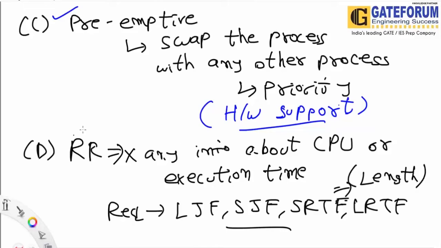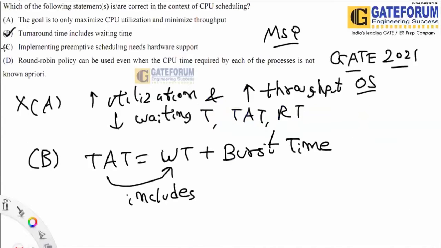Okay, so for round robin, we do not require any particular information about the CPU time in prior. So we can do this without knowing anything about the CPU time. So this one is also correct. If you check here, the first one, A, is wrong, but the answers B, C, D are correct. So the final answer we will get here is basically B, C.